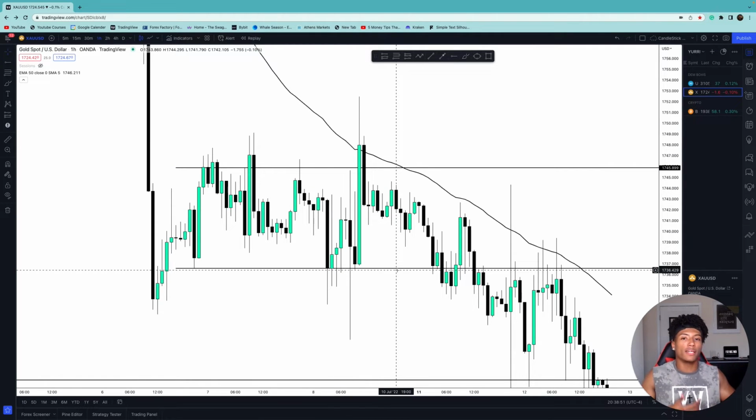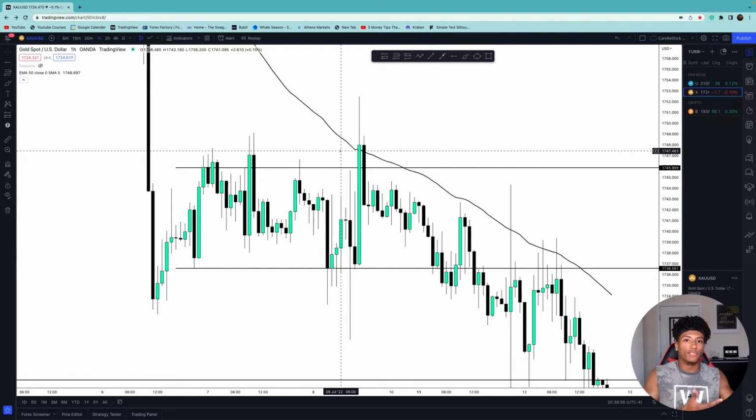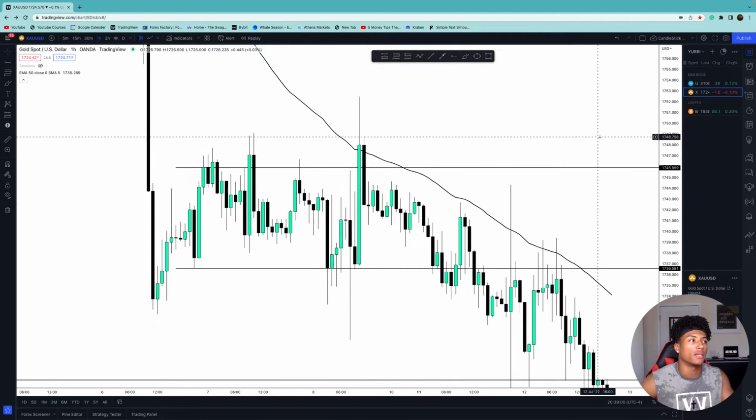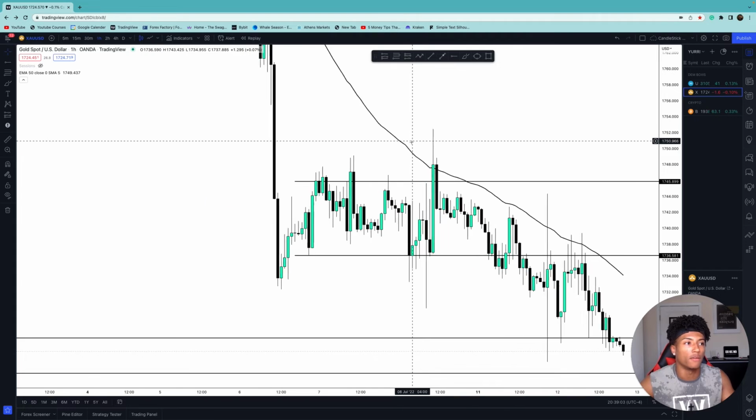So I don't want to say it's simple because I've just looked at the charts so much, but when you just look at the charts how I've done for so long and see price rejecting hard at these levels, and just back testing,